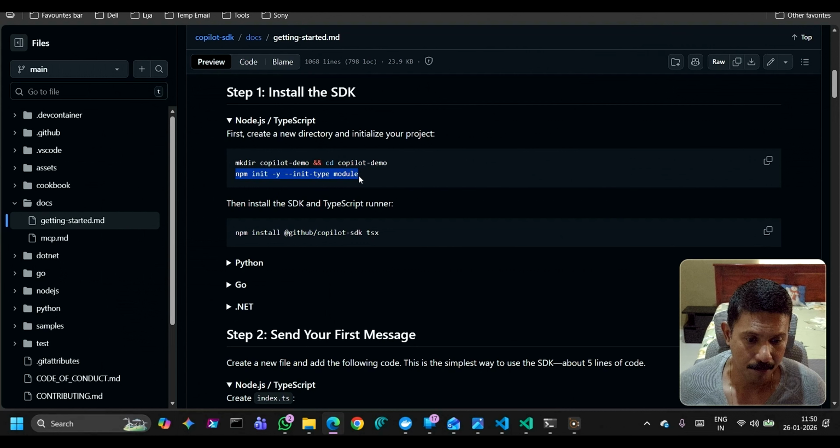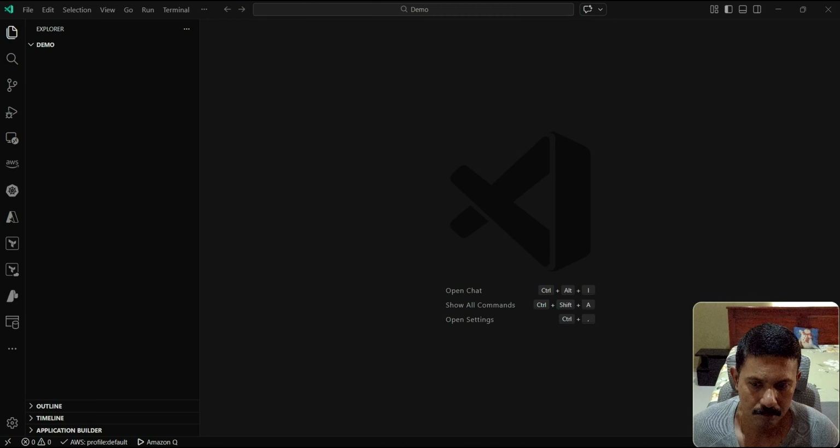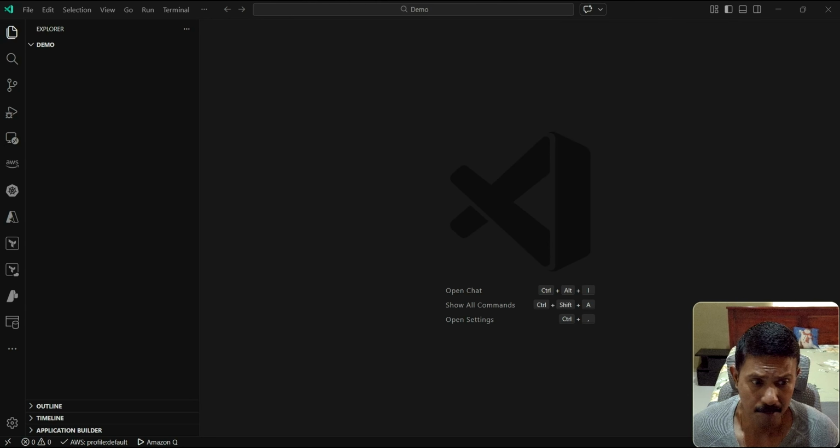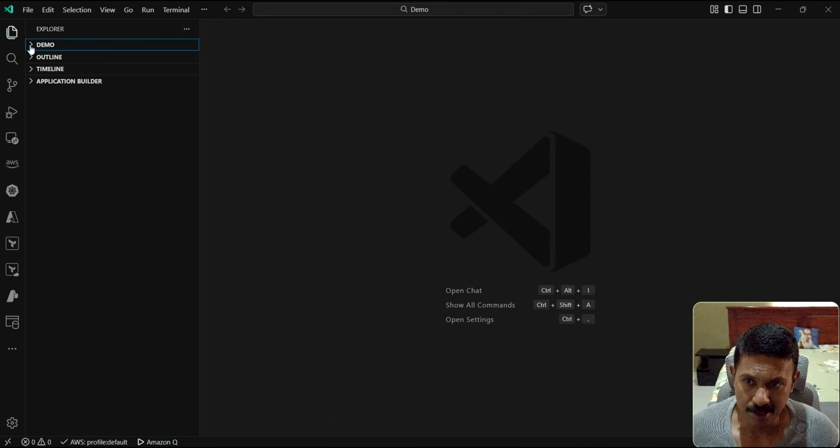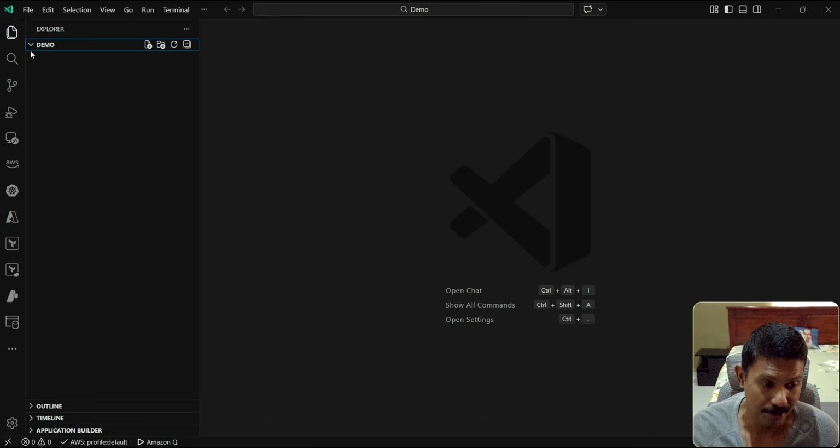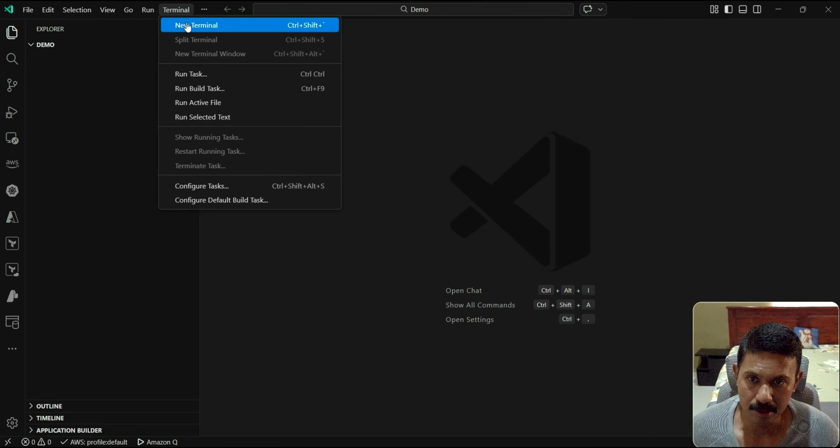So let me copy this and open my code editor. I'm inside VS Code, but you could use any code editor of your choice. You can see I've created an empty folder named demo, and this is where I will be creating my Node.js scripts. So let me open my terminal